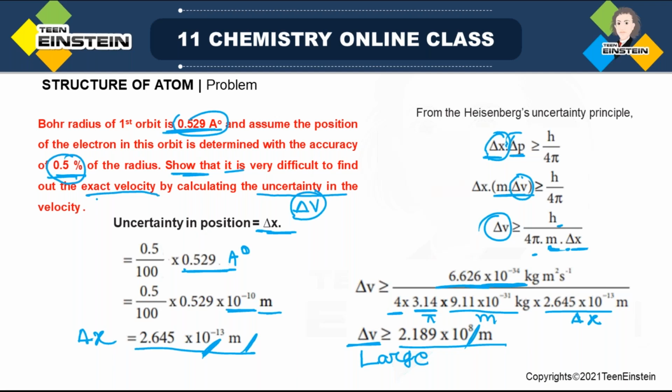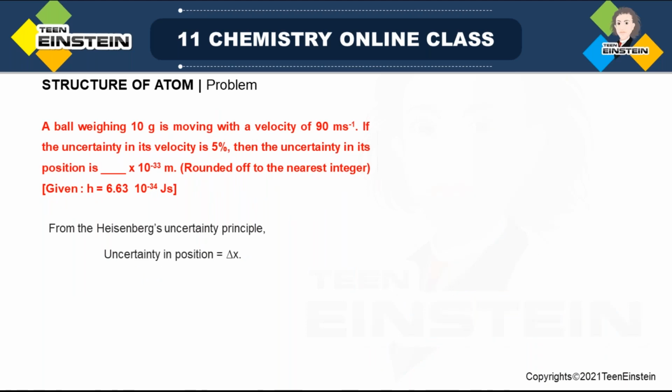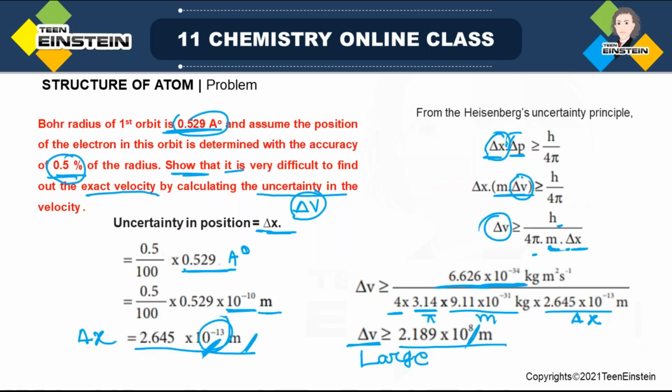So the final conclusion is, when del x is very small, del v has to be large, because when you multiply these two quantities, the product is fixed, a constant value, h by 4 pi. It cannot be less than this, it is equal to or greater than it. But whatever it is, when you solve this, you have to use the equal sign. So when del x is small, which is clear from this power of 10, here it is 10 to the power 8. Fine. So some more problems we will also see, but we'll end here